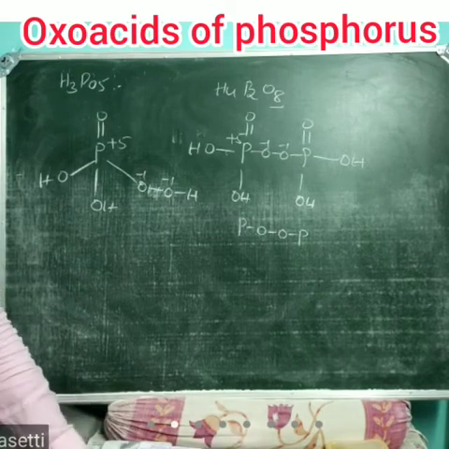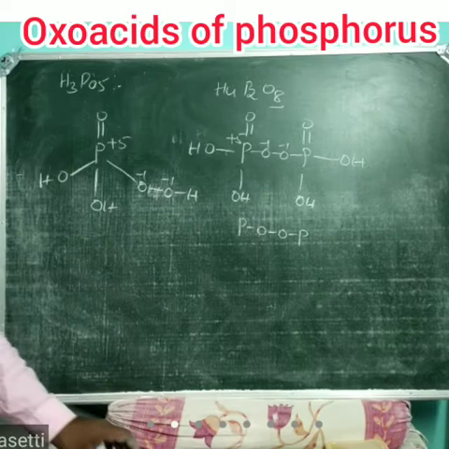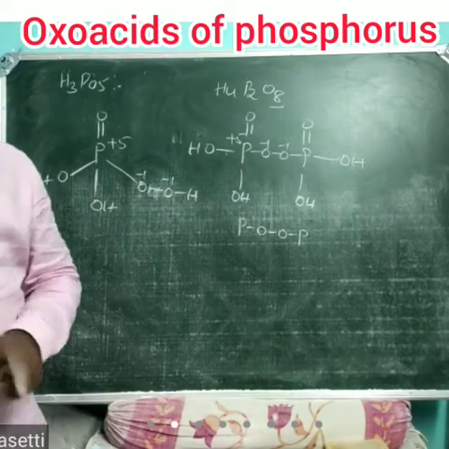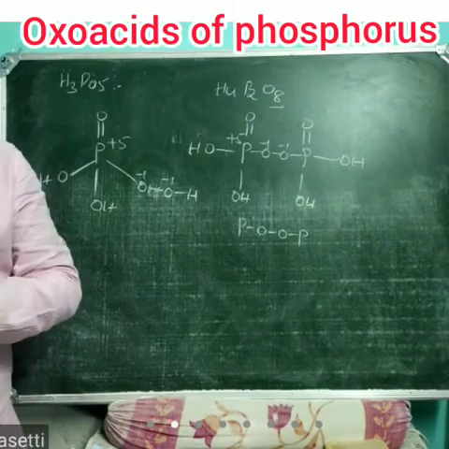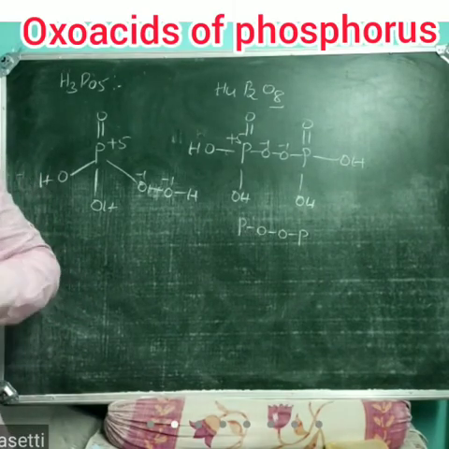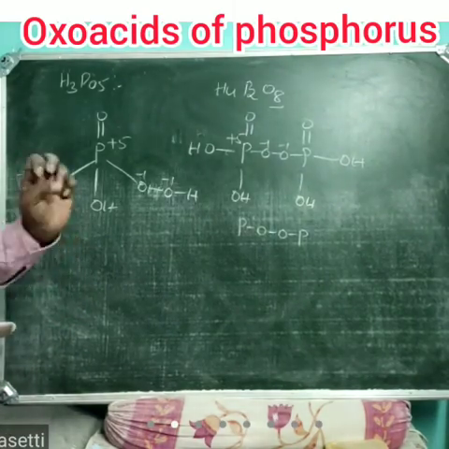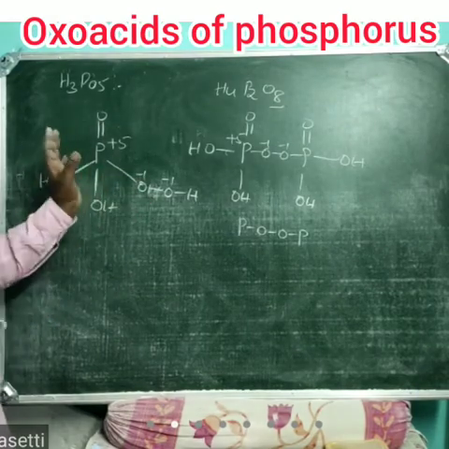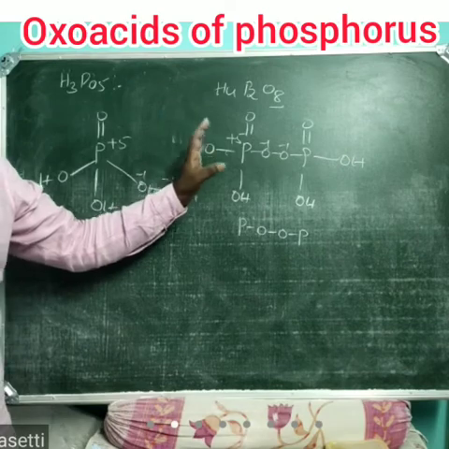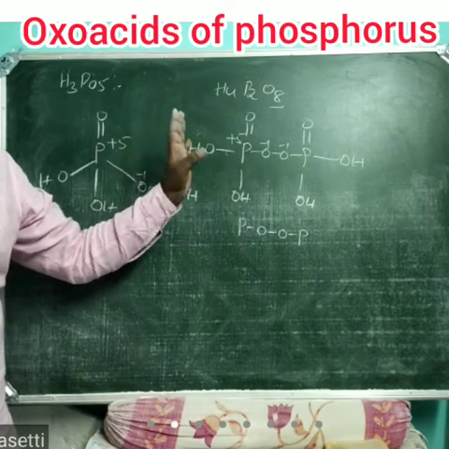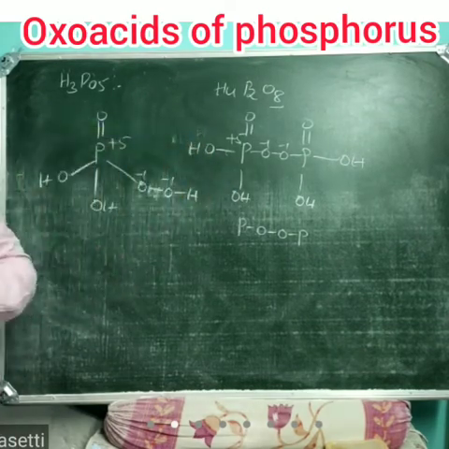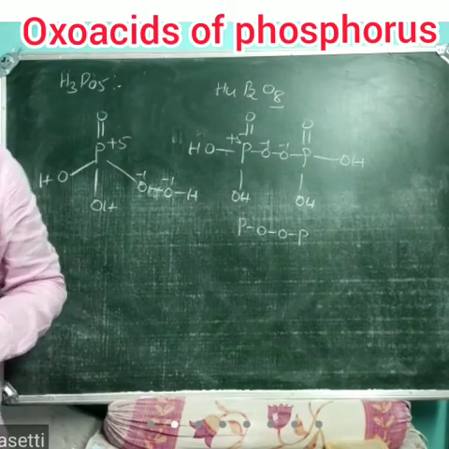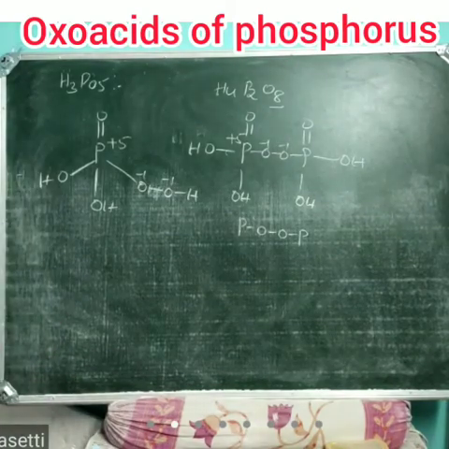So that is about oxy acids, their structures, oxidation states, basicity, whether they act as a reducing agent or not. Among the following, which one contains a PP bond, which one contains a POP bond, which one contains a POOP bond, like that. Questions will come from these oxy acids of phosphorus. If you know these structures of the oxy acids, whether it is an acid or ic acid, from this we can calculate the formal charge related to chemical bonding.